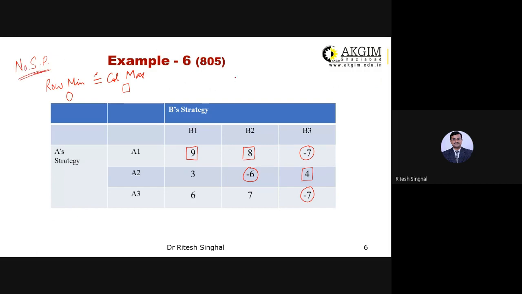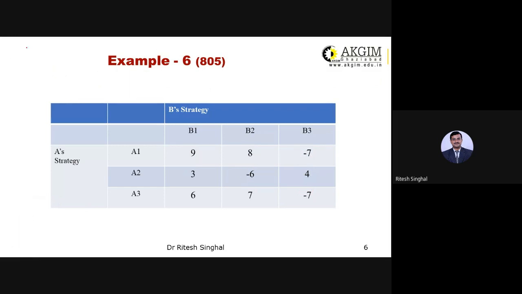So this is not a pure strategy game. This is an example of a mixed strategy game. If saddle point exists, then we can say this is a pure strategy game. If saddle point does not exist, then we can say it is a mixed strategy game. And now we have a different method to solve these kinds of games. We have a method called dominance rule, and then the analytical formula, which we are going to use to solve the particular game. So let's remove all these things here because I need to calculate a few more things.